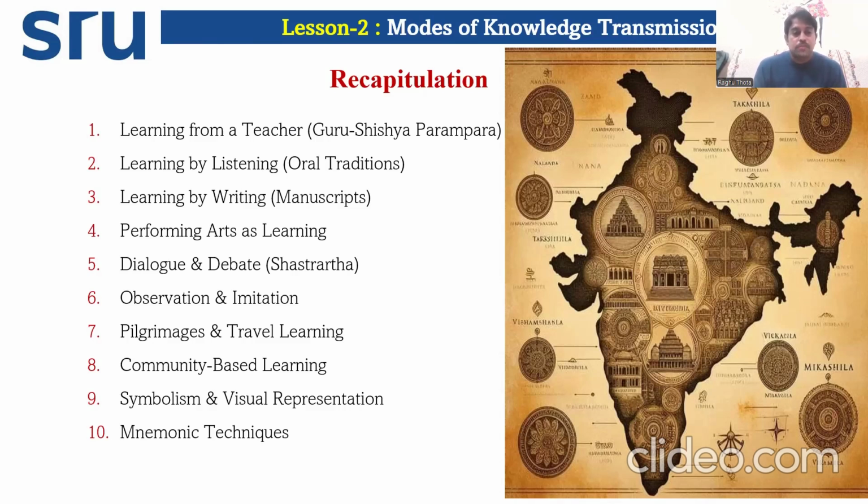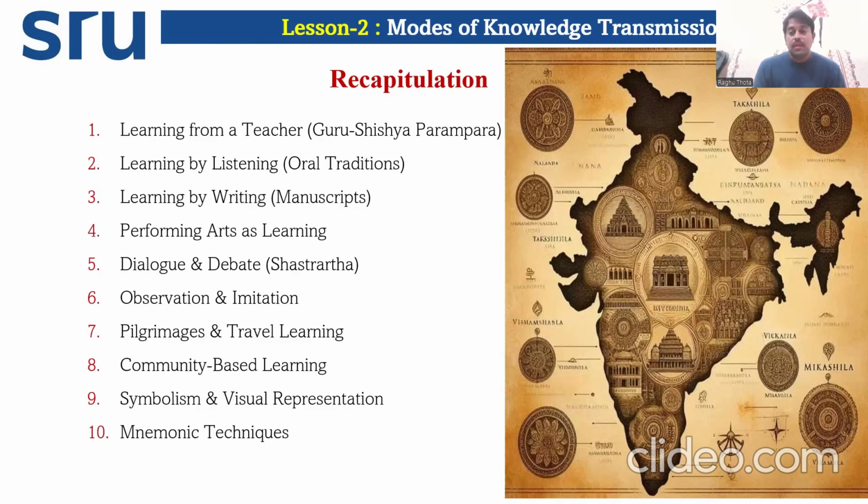And the sixth one is observation and imitation. One of the best examples is the story of Ekalavya. Dronacharya refused to take him as a student because he did not belong to the king's community. But he did not want to give up. By observing Dronacharya's teachings from a far distance, he learned archery and became an expert in it. It was possible through observation and imitation, and he became an expert. That is one of the ways in ancient times to learn from gurus: observation and imitation.